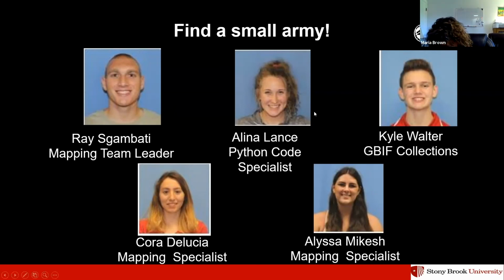So we have a combination of students that are in the School of Marine and Atmospheric Sciences, Ecology and Evolution. We have students that are from computer science, and then we have master's students that are getting their geospatial certificate. We had students that were just downloading the GBIF collections and just downloading the IUCN Red List collections. And then we had our mapping specialists, those students who are actually creating the maps and putting together the symbology